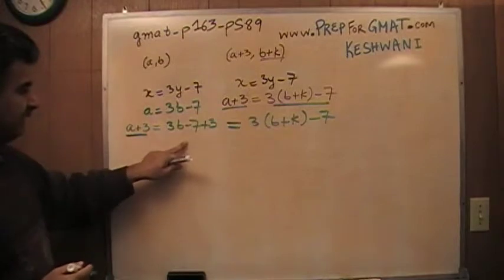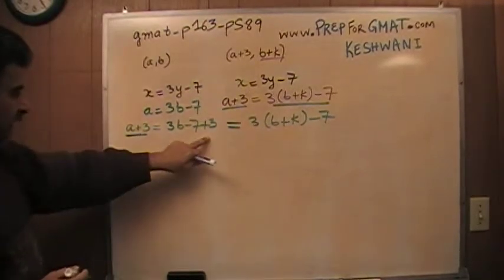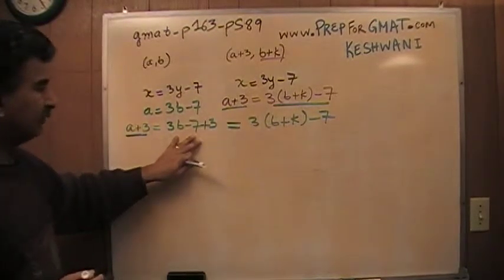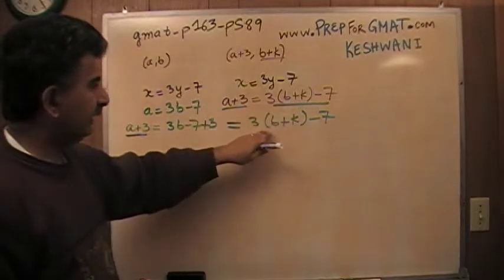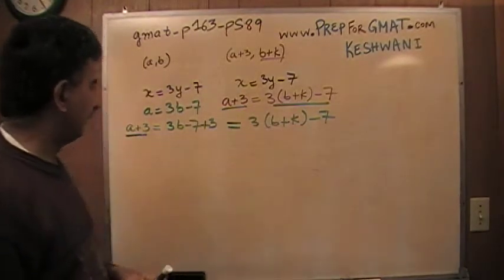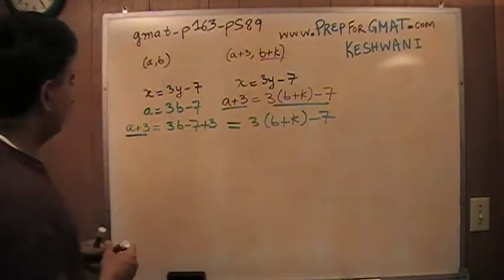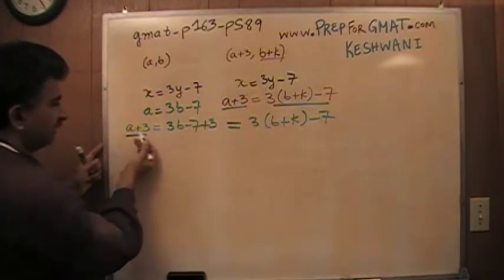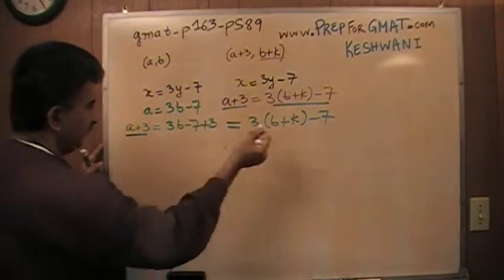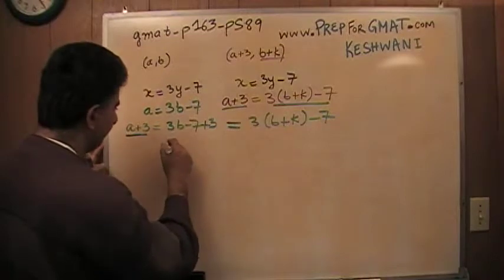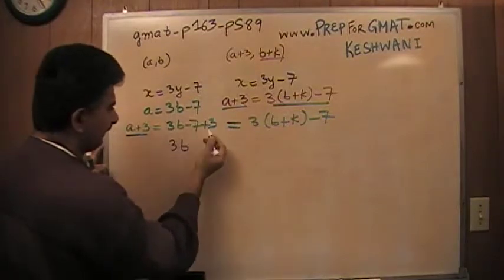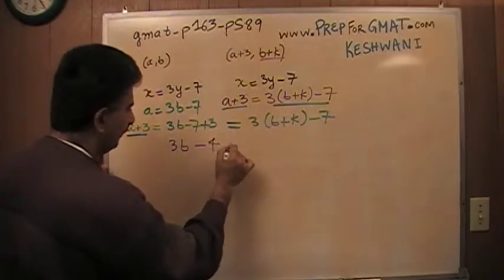So 3b minus 7 plus 3, by adding 3 on both sides, that has to equal, this quantity has to equal this side, 3 times b plus k minus 7. Let's solve it then. So we're not interested in this part anymore. I'm just going to concentrate on this part here. Let's open the parentheses. So here I end up with 3b minus 7 plus 3 gives me minus 4 equals,